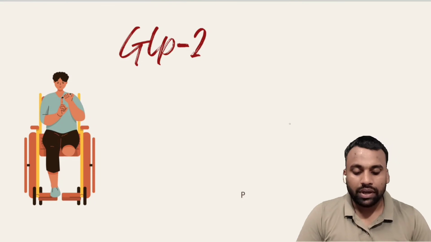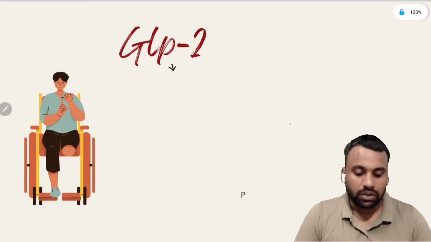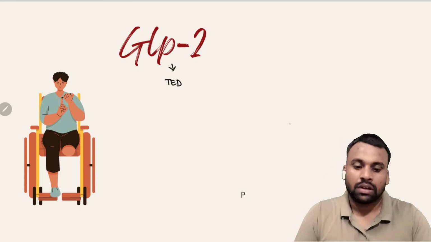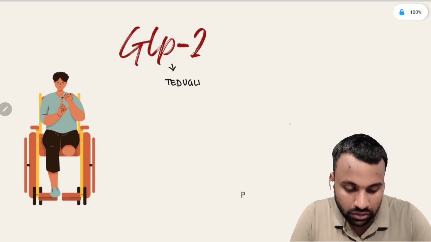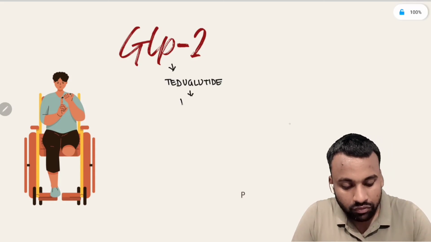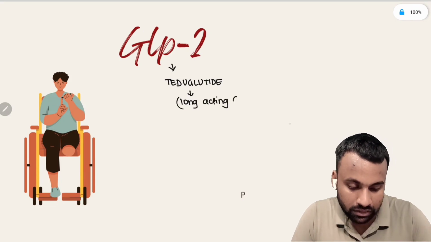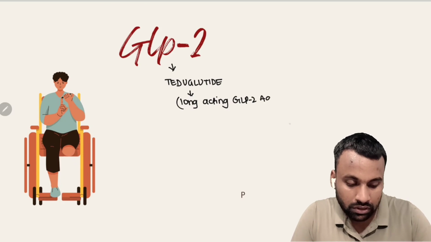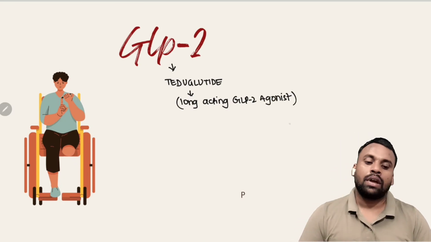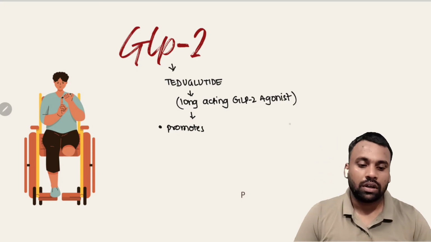And at last we can study about the GLP-2 agonist. In this GLP-2 agonist we can study another drug, teduglutide. What does this teduglutide do? First we understand it is a long-acting GLP-2 agonist, and it is mainly responsible for what? It normally promotes